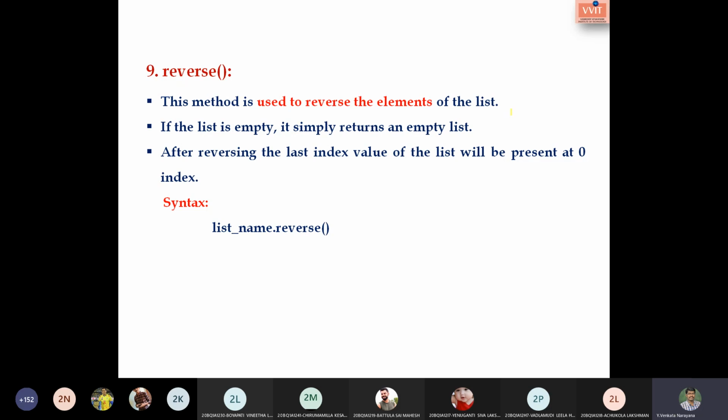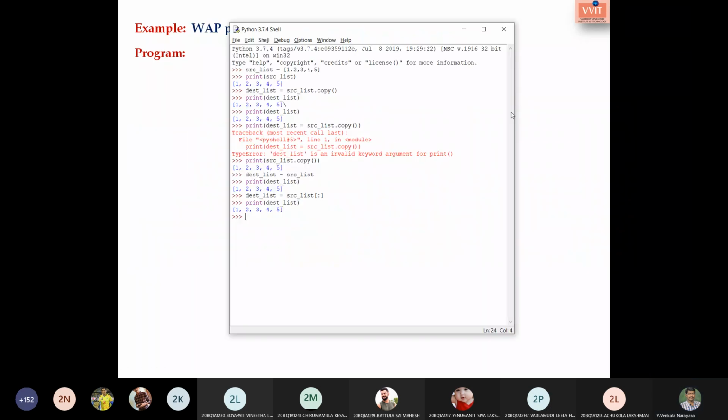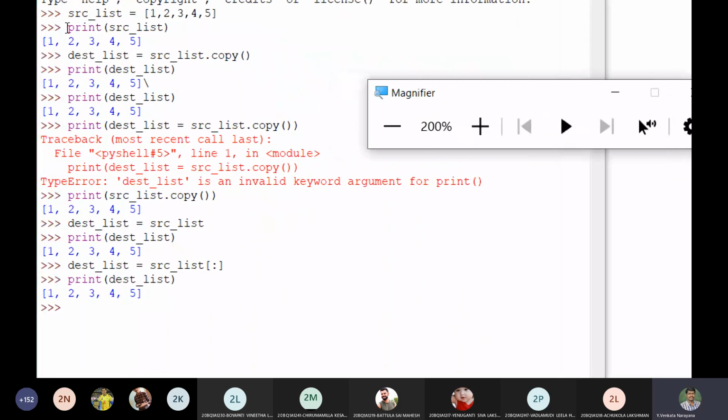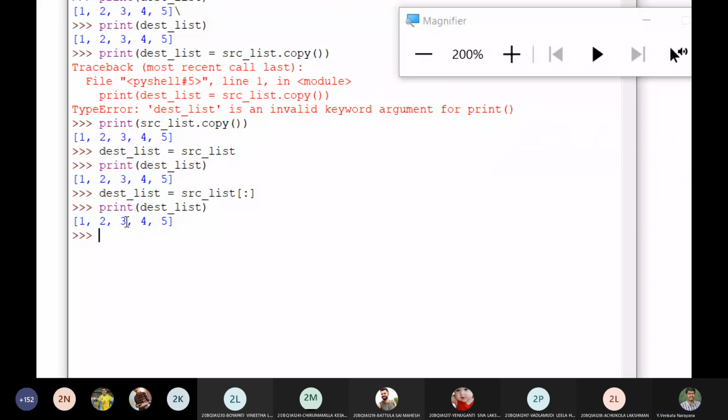List name dot reverse. So the program is, I have opened the Python shell. Is that viewable? Yes, sir. In a similar way, I would like to take a source list: 1 2 3 4 5.